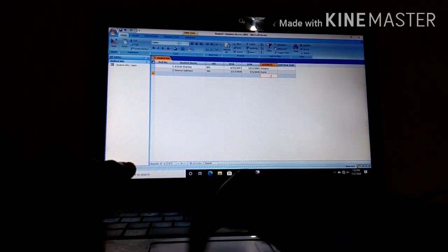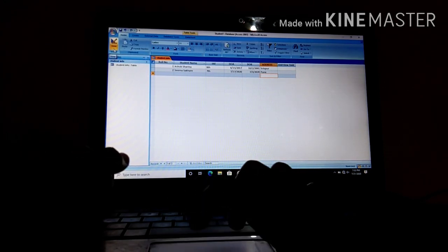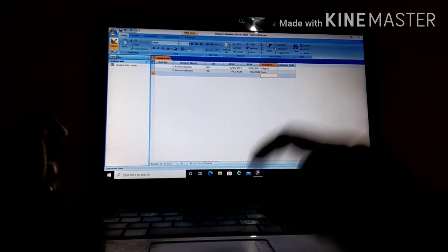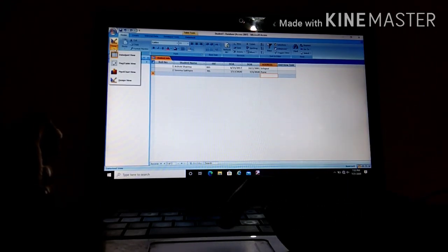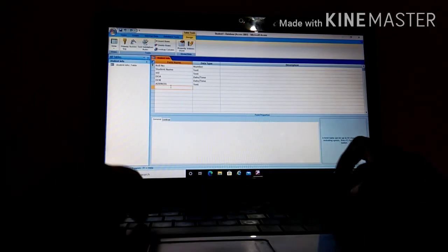See, one more time. Here the view section is there. If I want to change the settings or if I want to make changes in the design of the table, I have to click on the design view. Okay, if I want to add one more field in this, what I will do, I'll just click here, contact number.